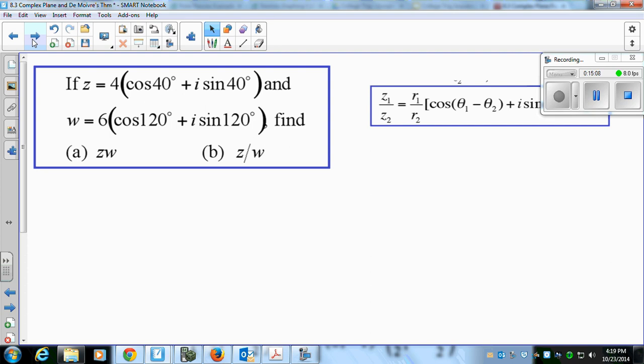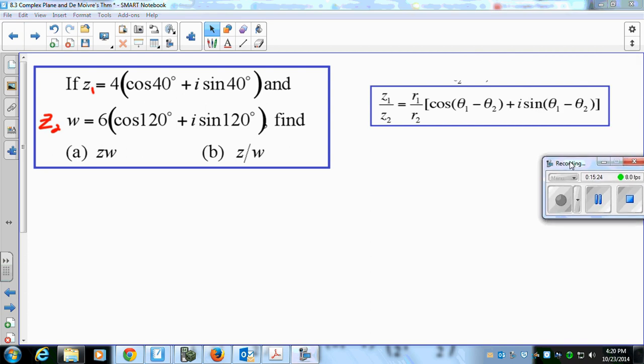So we're given 2 points. Don't be thrown off. This is Z2 and Z1. The fact that it's called Z and W is just two different points. So if I want to do Z times W, I'm going to use my formula, and I know that